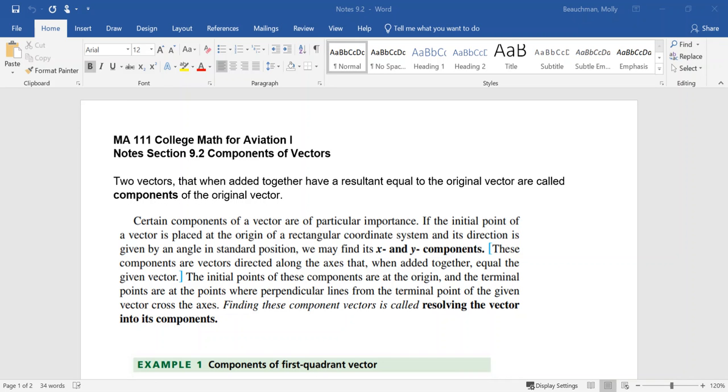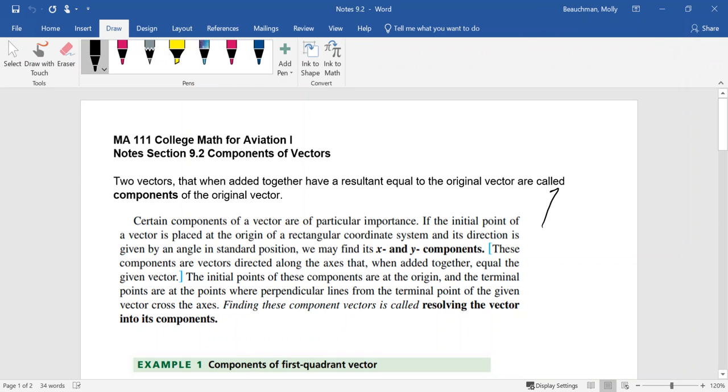In this video, we'll take a look at notes in section 9.2, components of vectors. So two vectors, when added together, have a resultant equal to the original vector, are called components of the original vector. If you recall in section 9.1, when we added two vectors together, A and B,